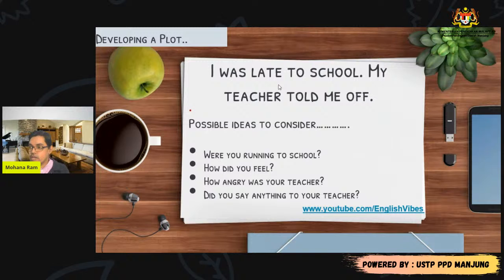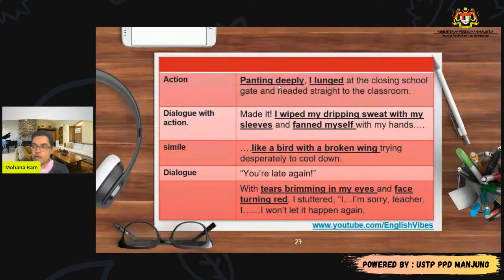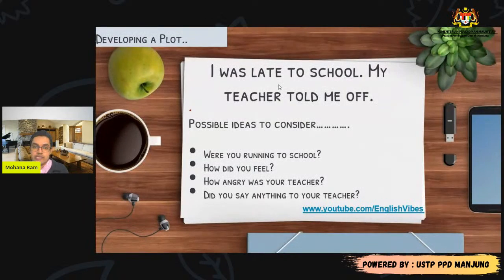Now, the next thing that you can put here is, okay, now I'm going to share with you the next paragraph. So these are the things that you can elaborate based on the questions that I put here. Before you start writing, building your plot, I'm sharing the question here because when you develop your plot, it is always important for you to actually ask questions.